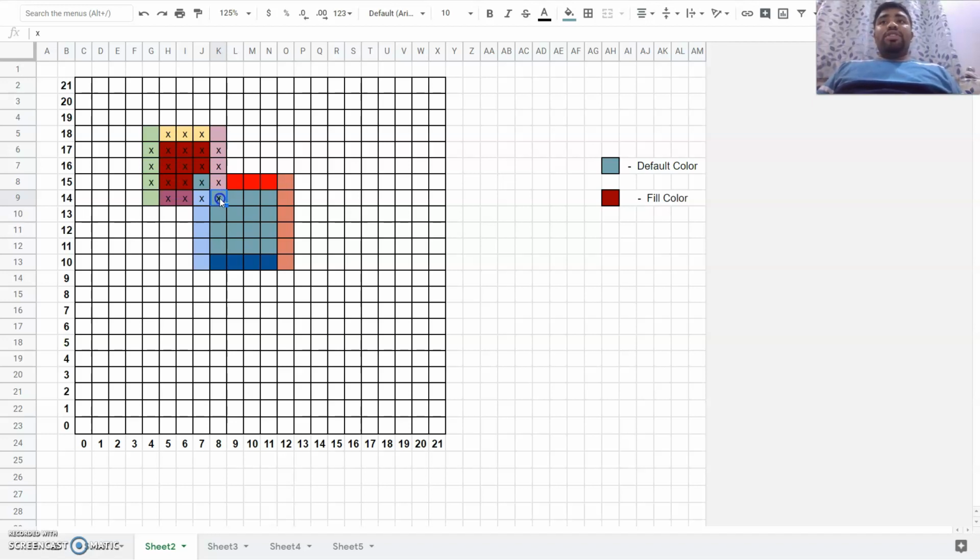As we are in this new region, we will process it, right? When we process the new pixel, we have new neighbors now. Out of these, we have these three which are of the default color, and from here on, we can start processing with the help of these new neighbors which are of the default color. So we will process this and again get new neighbors, right? Then we can again process the one to the right. So again we'll get new neighbors. So this is how we would proceed.